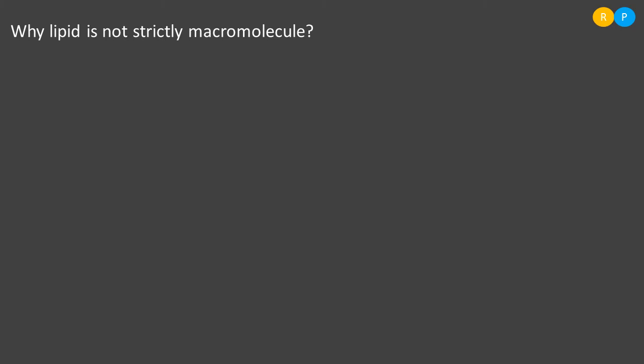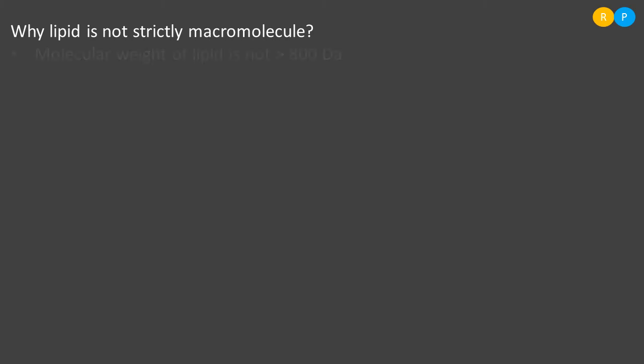This is a very important question, because when we look into the molecules present in the acid insoluble pool, we can find the lipid. So lipid is present in the macromolecule group. It gets separated with the macromolecules and is present in the acid insoluble pool. But it is not strictly a macromolecule, because the characteristic features of lipid do not match with the characters of macromolecules present in the acid insoluble pool. Understood? So let us look into those reasons.